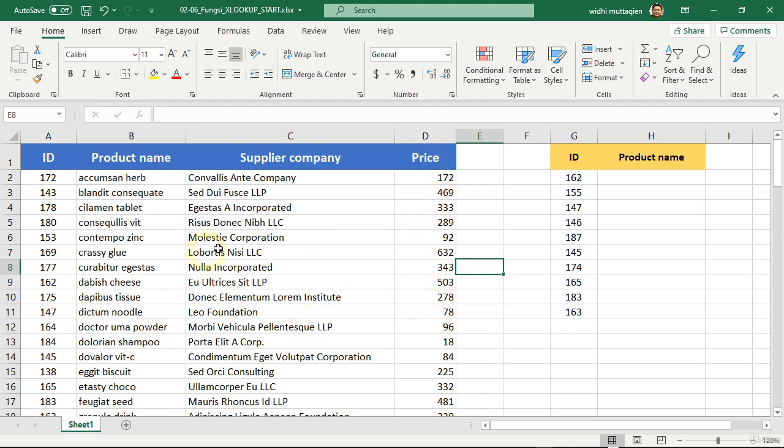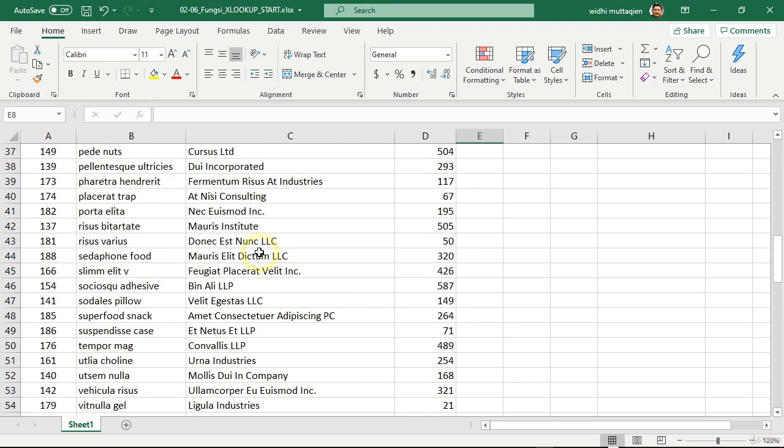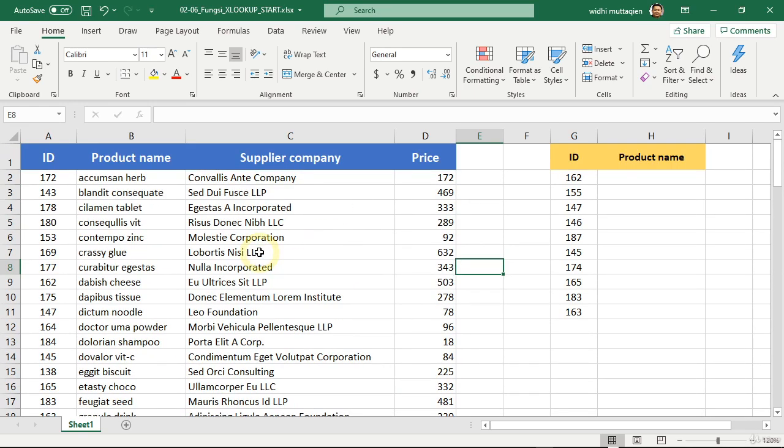For this example, I created only 55 rows of data. But just imagine if we have hundreds or even thousands of data in this product table. This large amount of product data is very common if you run a large reseller business like Walmart or Carrefour, for example. Now, imagine if you are commissioned to create a table of today's sales report.